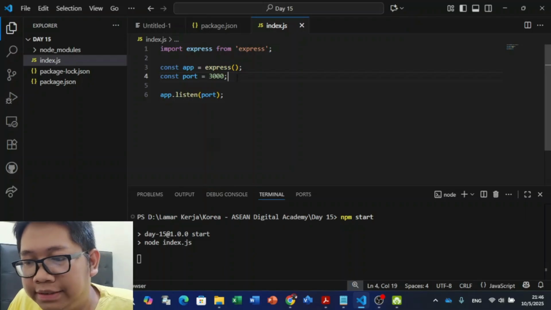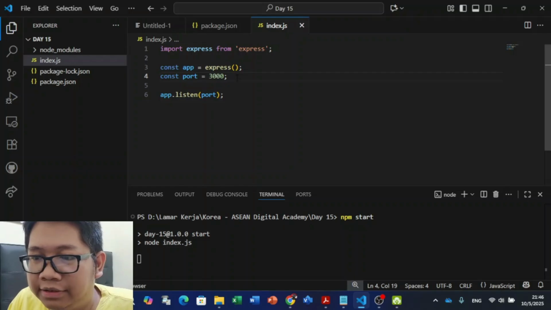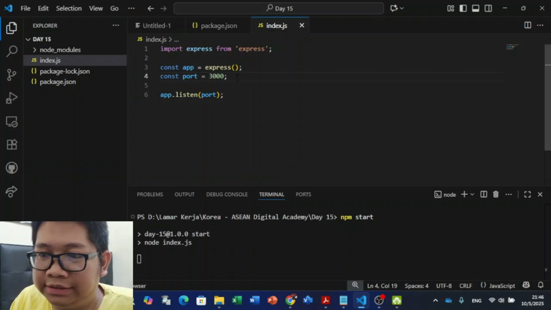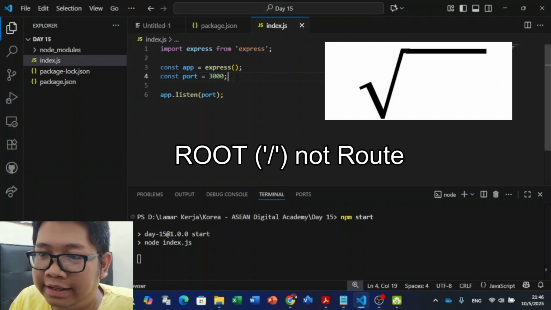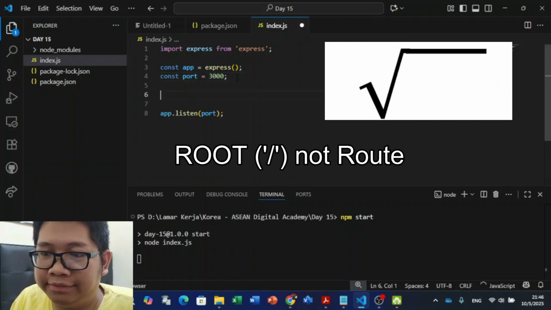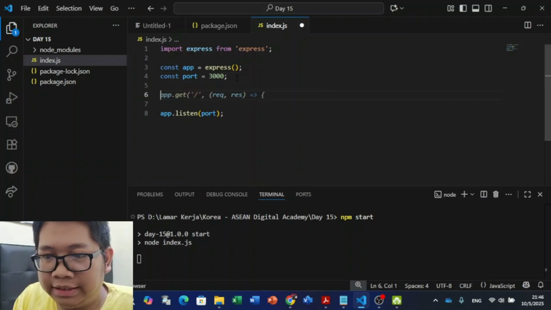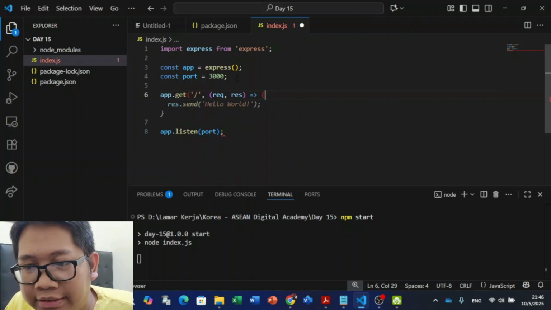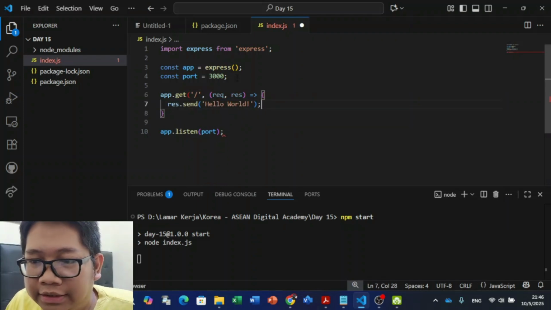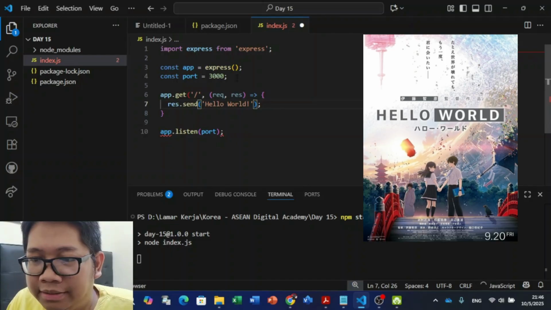The next step is we will need to create the API GET and POST. First, we need to figure out the root, or the first thing we see after we make the server. So we can just use app.get and res.send hello world, but we can make it slightly better.